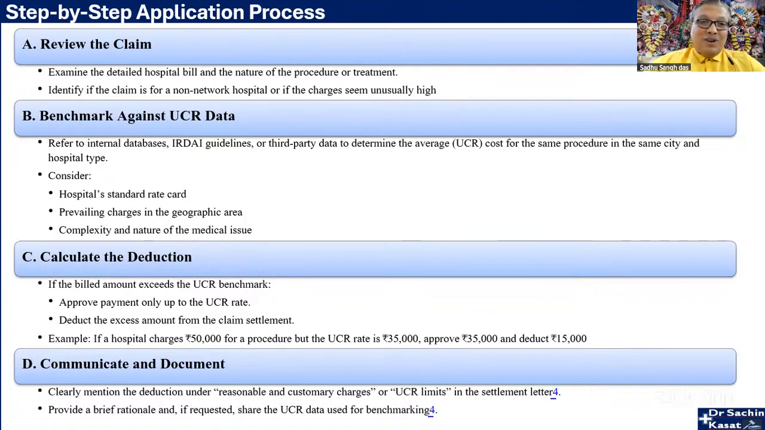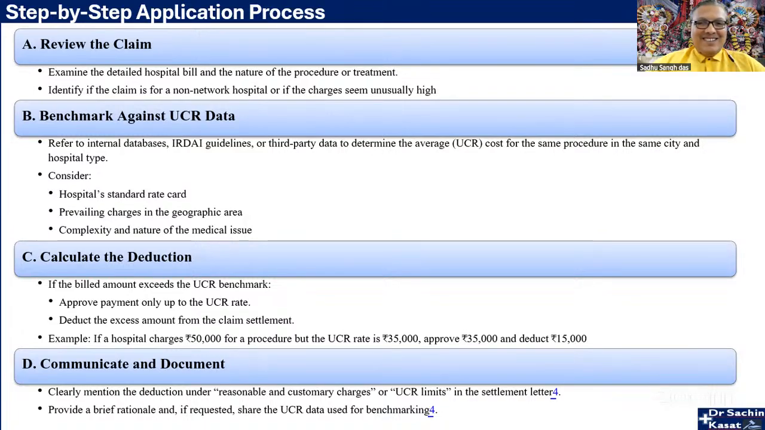And then we have to communicate and document. We also need to provide a brief rationale. And at times it may be very, very important that we share the UCR data used for benchmarking. So whether it is Dr. A or Dr. D or Dr. Z in the insurance company, everyone has to apply it in the same way and objectively. Then only it is appropriate, otherwise